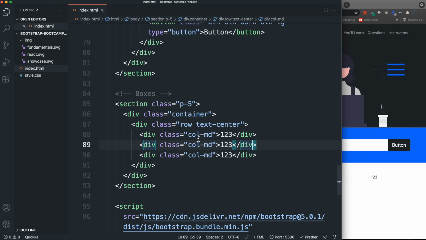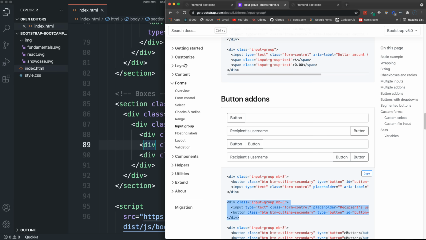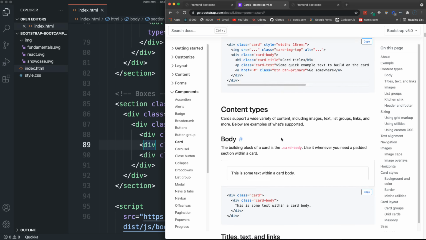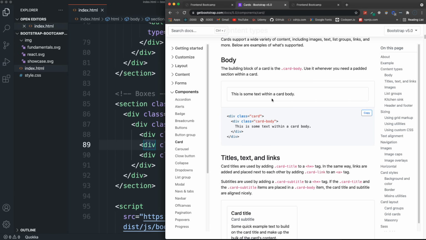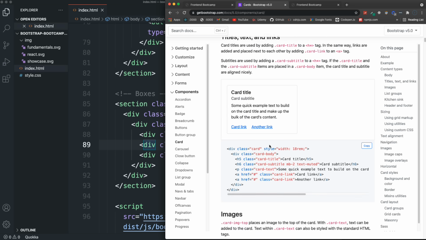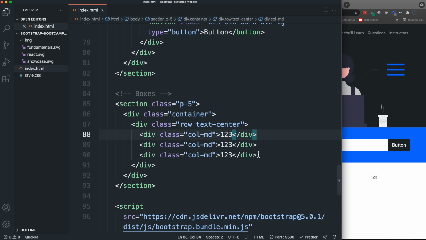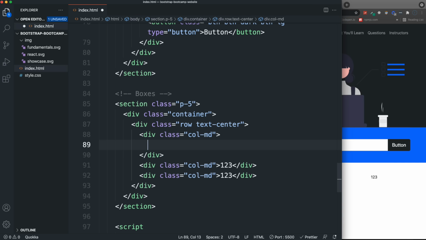Now inside these columns, we want to have cards, which if you go to components, cards, you can see different examples. So something like this with an image and a button, just a very simple card. A card with a title. So there's different examples here. We're just going to type it out because it's not too bad. So in this first one here, in this first column, we're going to have a wrapper class of card, and then as far as the background, I'm going to do bg-dark because you can make the card whatever you want, whatever color,